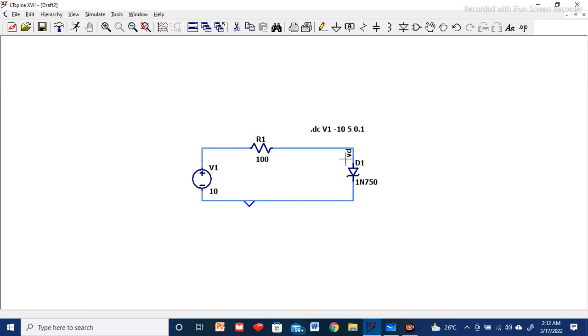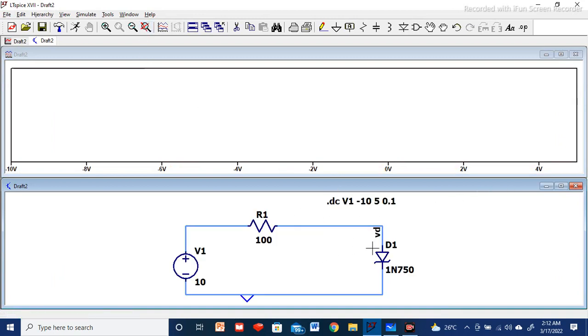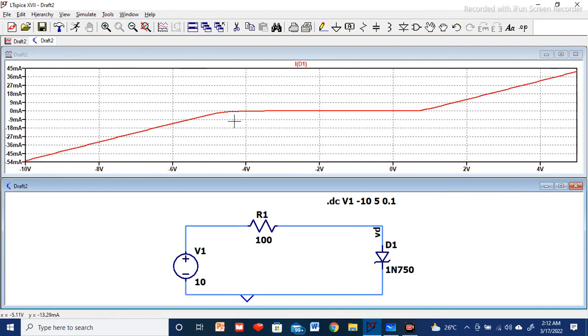Once we complete the circuit, we go to run, simulate, then bring the cursor near the diode, and when we click it, this kind of graph appears. Now we can see this linear graph. Right now only the current versus V1 is available. So the plot is between the current and the voltage source.